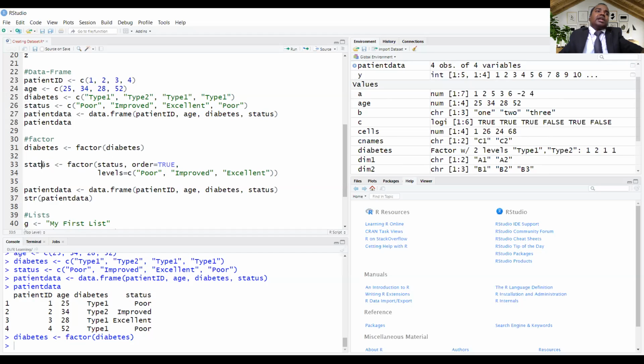But in the second case, status, you can see we are having ordered factors. Okay, factor status, then order equal to true, and then levels equal to your poor, improved, excellent. So we are just assigning the label. Here order equal to true means poor is having very bad health, then the improved, then the excellent.